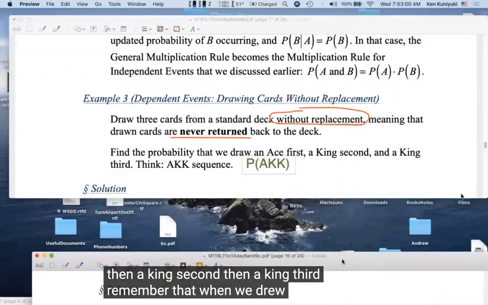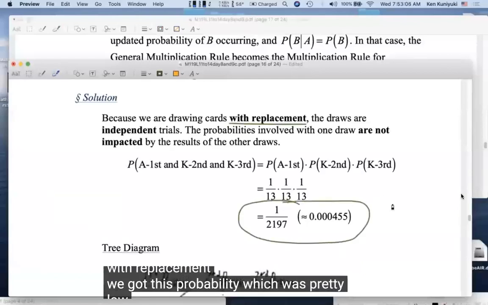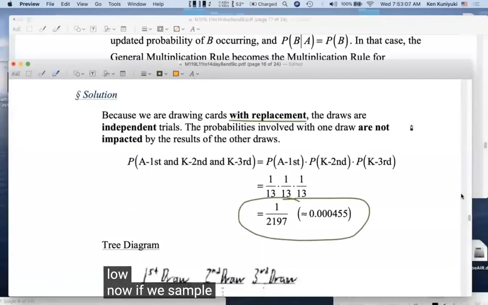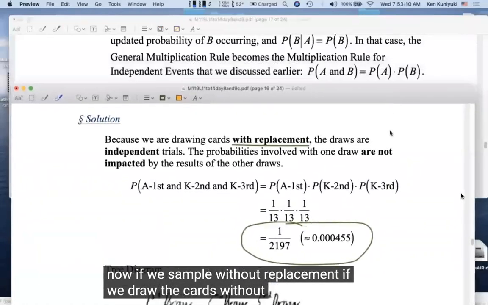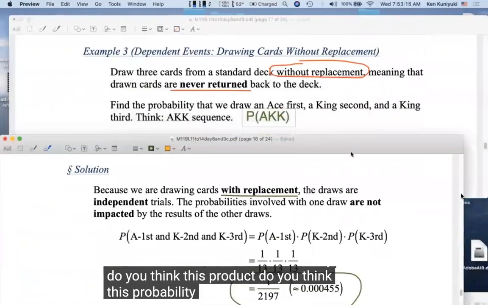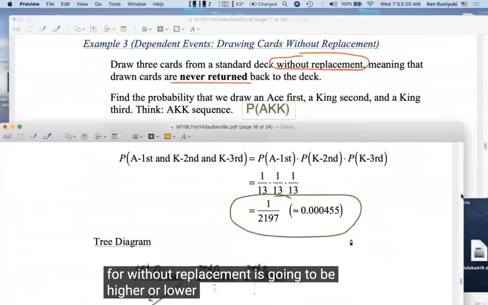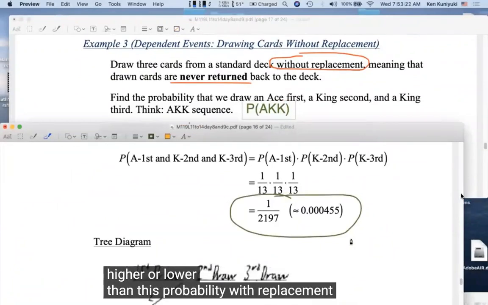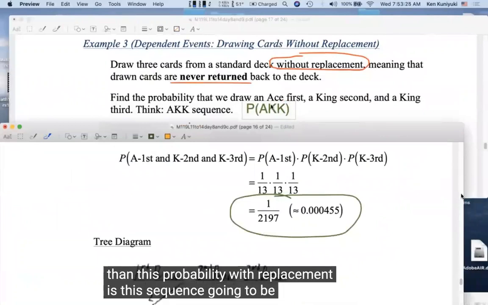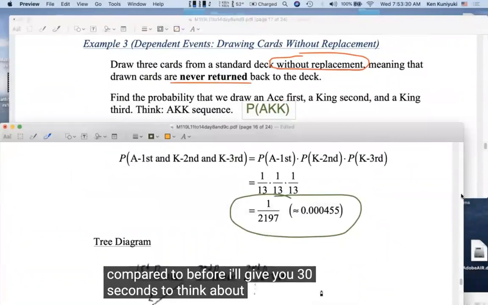Remember that when we drew or sampled with replacement, we got this probability, which was pretty low. Now, if we sample without replacement, if we draw the cards without replacement and we don't return them immediately, do you think this probability for without replacement is going to be higher or lower than this probability with replacement? Is this sequence going to be more likely or less likely now compared to before? I'll give you 30 seconds to think about it. Basically, if you throw cards out,